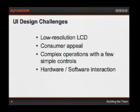For the UI design, we knew that a small LCD screen would present some unique UI challenges, so we sought out a designer who had experience developing for the Nintendo Game Boy. Such a person would be used to solving these kinds of problems, designing for a small constrained display, designing visually appealing, fun, low-resolution graphics, low resolution being the operative word, designing for complex user interaction and a relatively small number